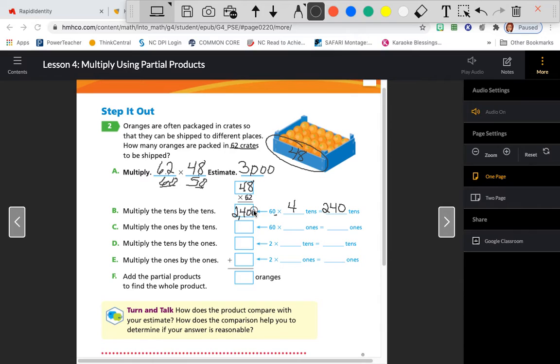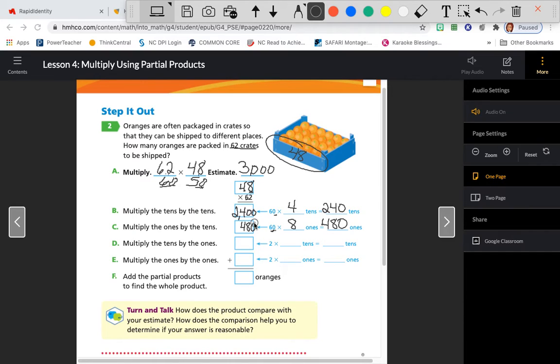Okay, now let's multiply the ones by the tens. So we have our tens again, they're 60, and this time we're going to multiply that by 8 ones, looking at the 8 in 48. So we say 6 times 8 is 48. We have 1 zero, so we have 480 ones. Okay, now it says multiply the